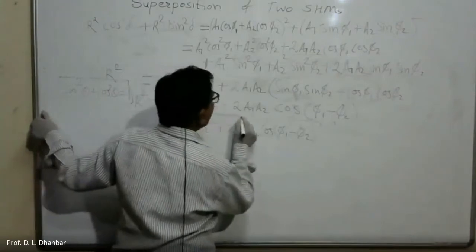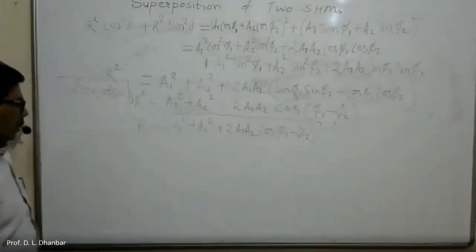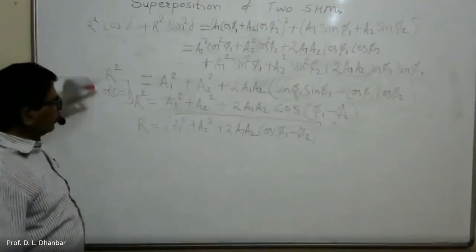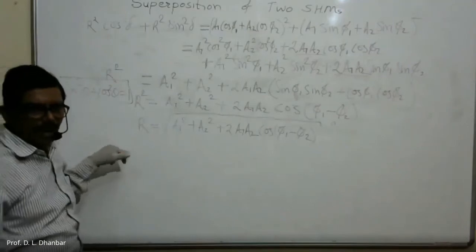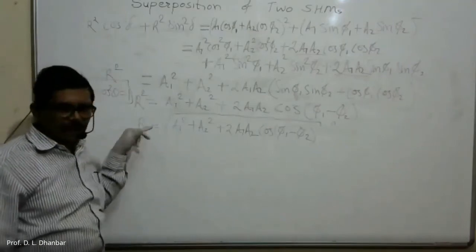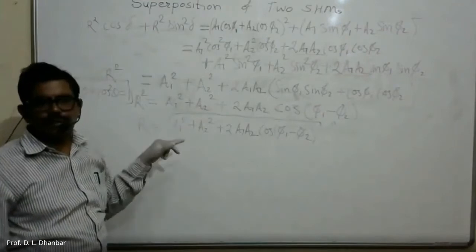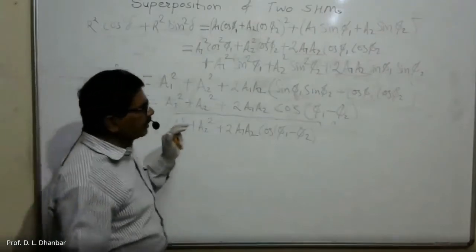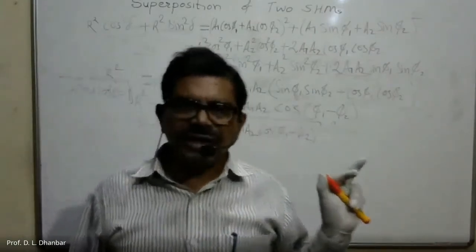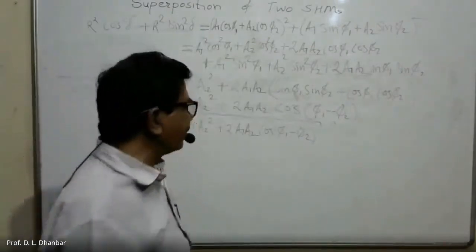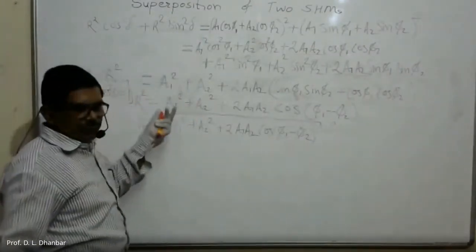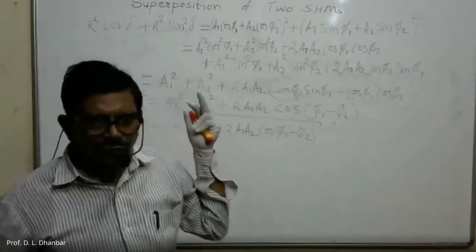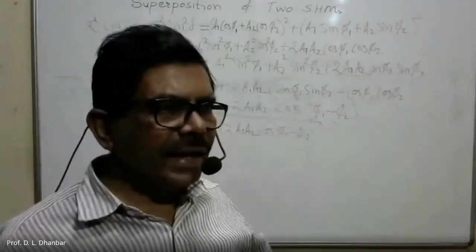This is under root sign. Okay. So this is an equation to obtain the resultant amplitude capital R, the amplitude of the resultant simple harmonic motion. So by using this equation, you can find out. Now you can find out the initial phase, the resultant phase delta. Again, we can use the basic two equations for R cos delta and R sin delta. R sin delta is equal to A1 into sin of phi 1.